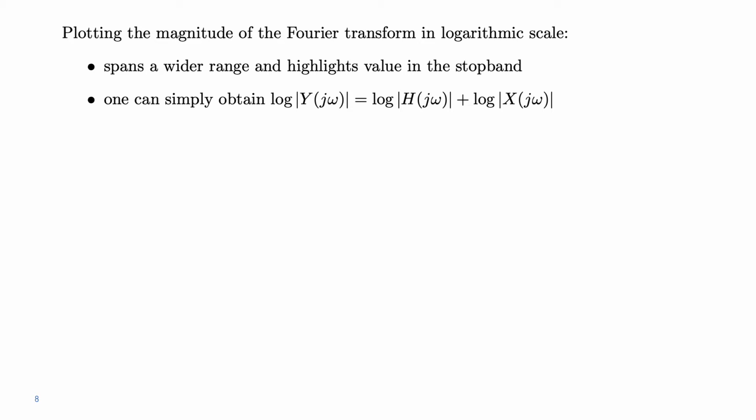If we display this value in linear units, then it would be difficult to appreciate the attenuation provided by such a filter in the stop band. But if we do it in logarithmic units, then it will be much clearer how much the attenuation is. Another advantage is that imagine you have a system with frequency response h, a signal x goes through the system, and then there's an output y. Then through a logarithmic representation, the log of the magnitude of the Fourier transform of the output y simply is obtained as the sum in logarithmic units of the magnitude of the frequency response and the magnitude of the input.